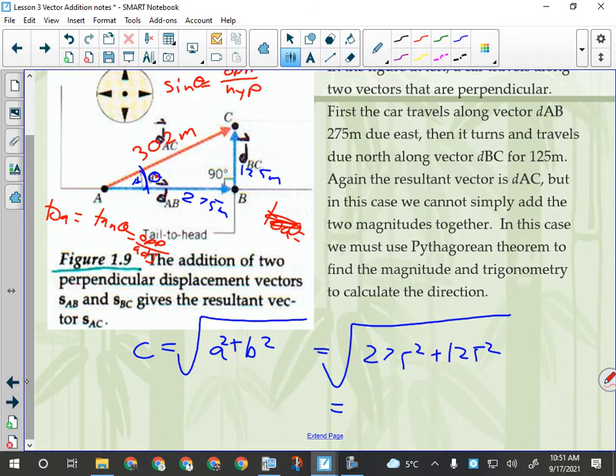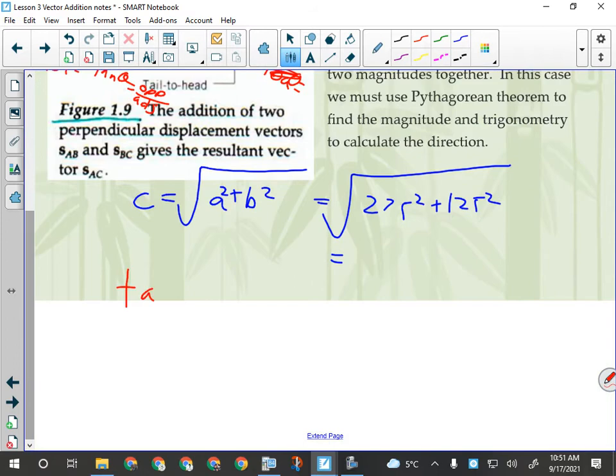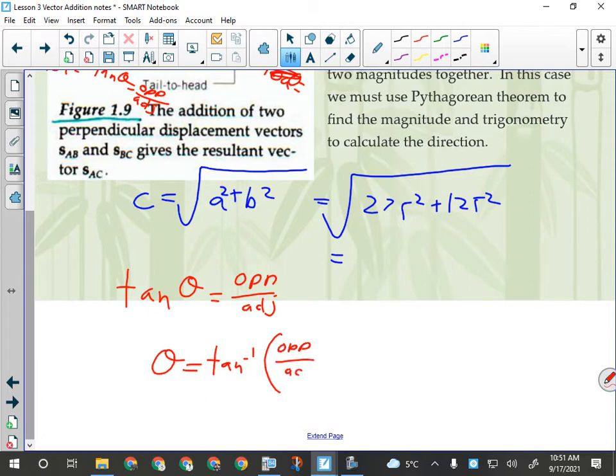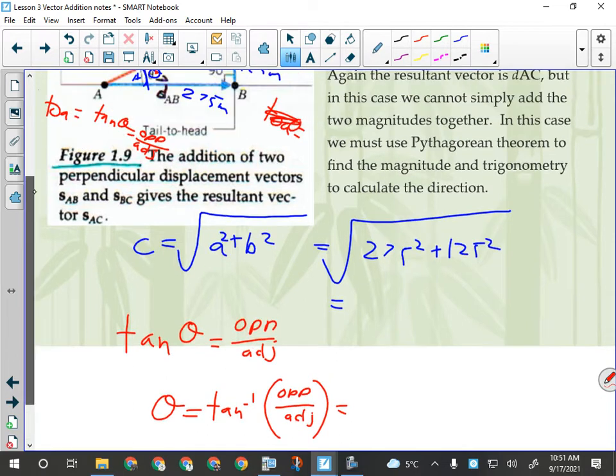Right? So in doing that, I have to remember that the tan of theta, which is what I'm looking for, equals opposite over adjacent. I want to get theta by itself, which means I have to take the inverse tan of this side. So theta equals tan to the minus 1 of the opposite side over the adjacent side. Okay? How do I know opposite and adjacent? Opposite is the one opposite of the angle,